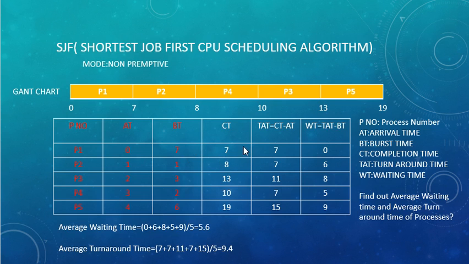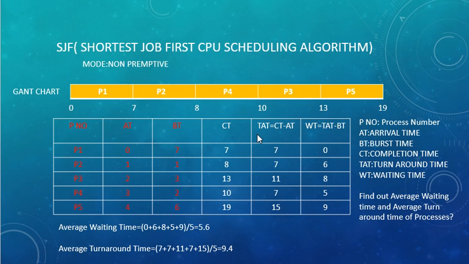Next, completion time. How to find out the completion time? CT stands for completion time. So you have to again see the Gantt chart. 7 is the unit time of the P1 process, you have to mention 7 here. Next, P2 completes at 8 units, 8 you have to mention in the column, and P3 is completed here in the Gantt chart at 13. Okay, 13 you have to mention here. P4 is completed in the 10th unit of time, you have to mention that in the completion time column. Next, P5 is completed here in the Gantt chart at 19 units of time, right.